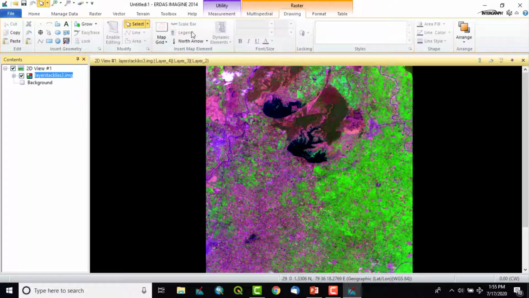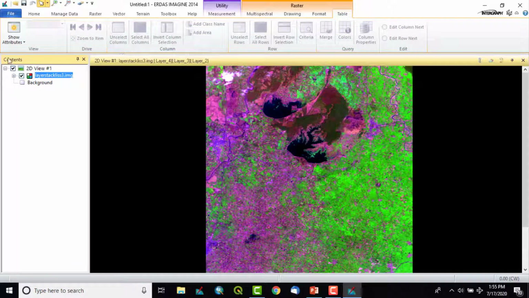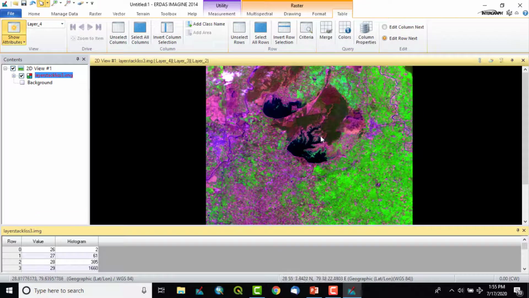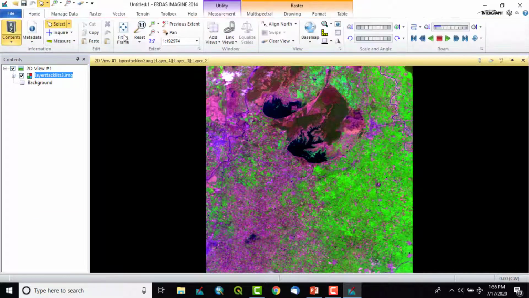Then drawing, we can draw a line, polygon, circle, square over our satellite image. And format table, you can see the attributes from here on the image. So such an overview of the interface can be seen on LRAS imaging software.